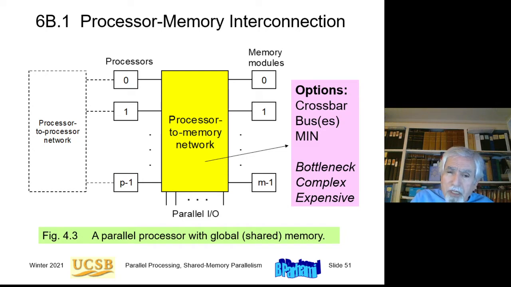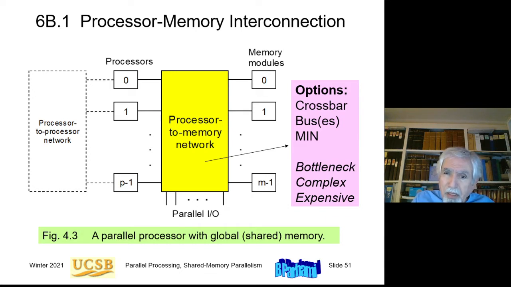So for example, if the bus cycle is 1 nanosecond, and the memory access time, let's say, is 100 nanoseconds, then 100 accesses can be performed through the same bus, or maybe 50 if 2 bus cycles are required for each access. 1 bus cycle to send over the address, and another bus cycle to receive the data. So anyway, dozens, perhaps hundreds of memory banks can be accessed through a single bus without the bus becoming a bottleneck, because the bus is much